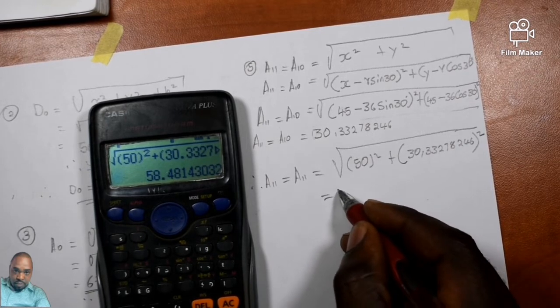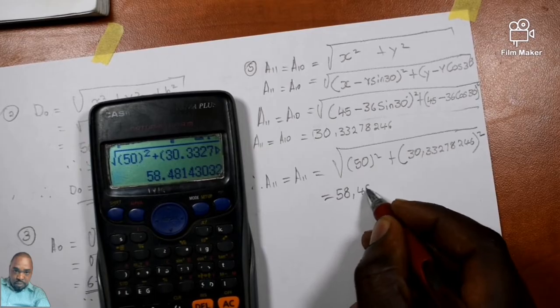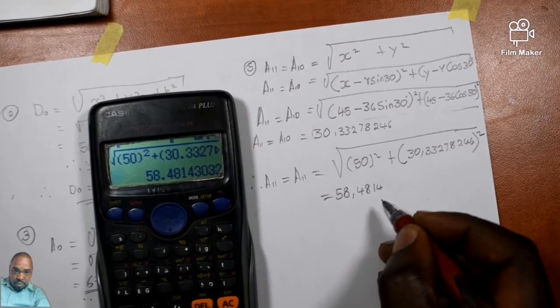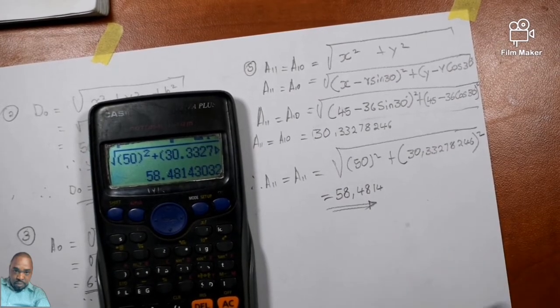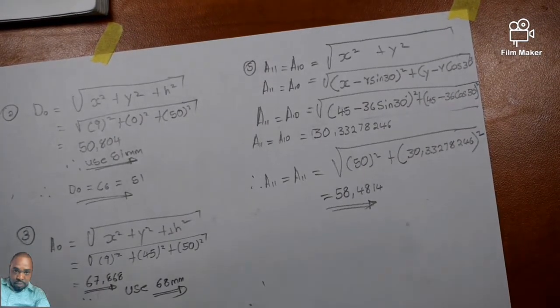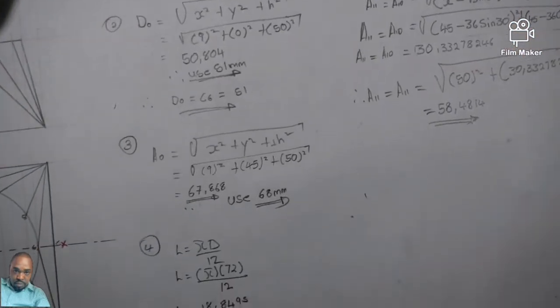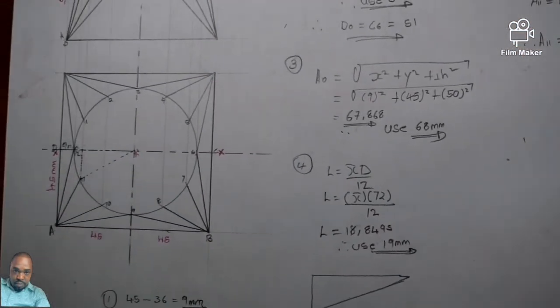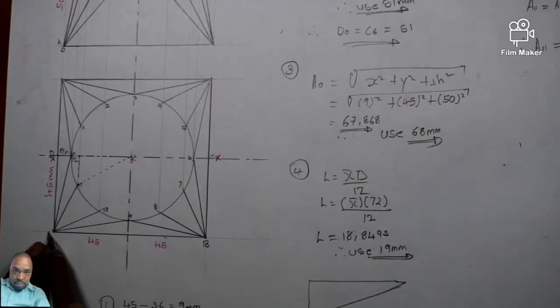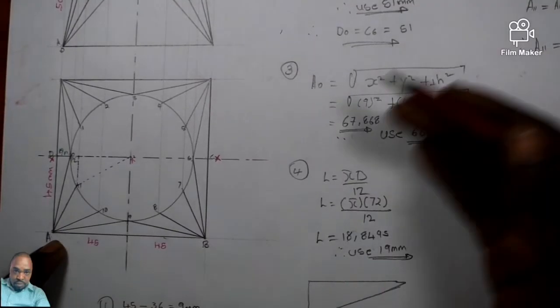much? Is 58.4814. So you do not even have to round off. You're going to leave it like this. You understand? So do we have to calculate the distance of, go back to your top view. Do we have to calculate the distance of A9? No. So now, which means